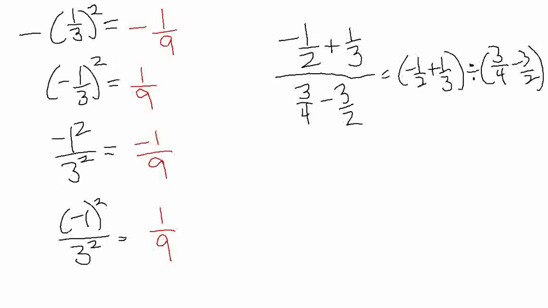Now, the original expression did not have parentheses, but it's implied that you have to treat the top and bottom as if there's parentheses around them. That's an important point, okay? So, looking at the new equivalent form, I would see that I need to simplify each parenthesis, what's inside each parenthesis, before I can do the division, okay? All right, so I hope that will help you avoid a lot of common mistakes with regards to order of operations and